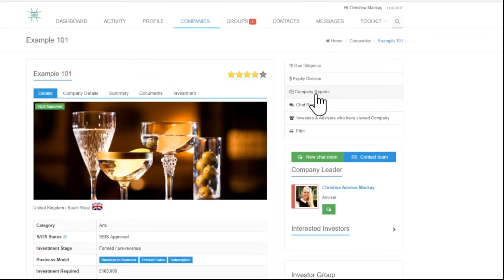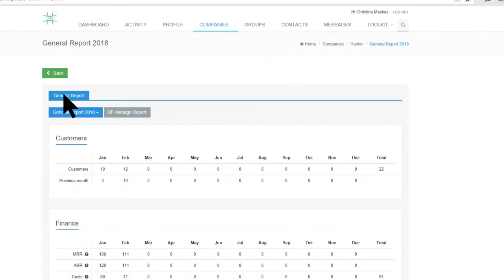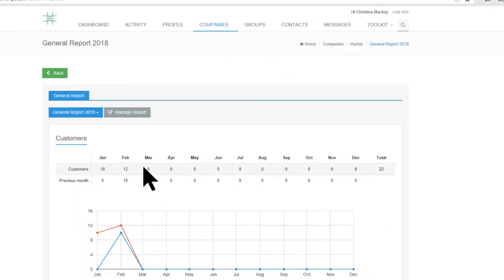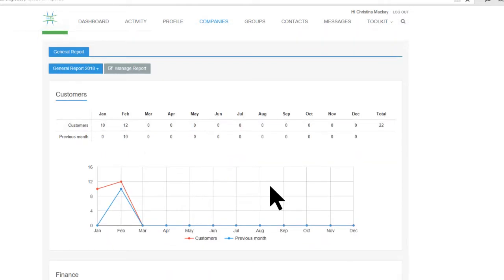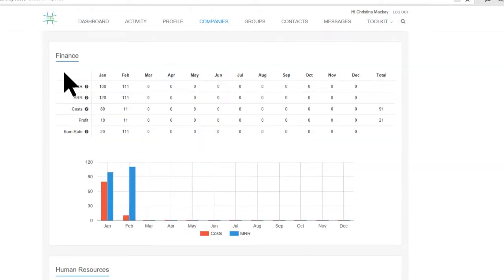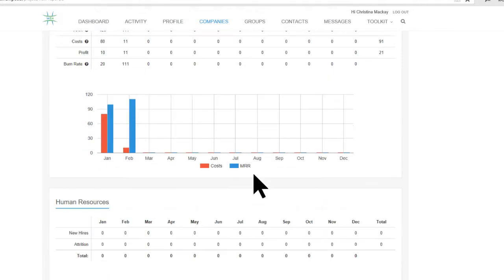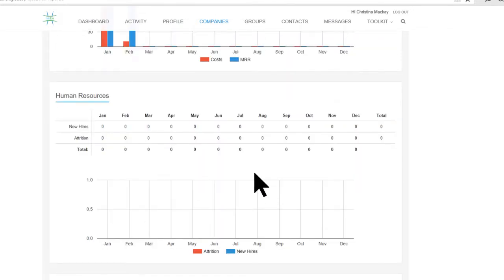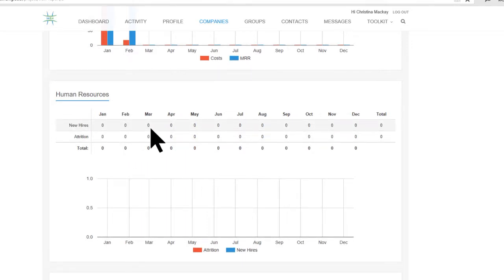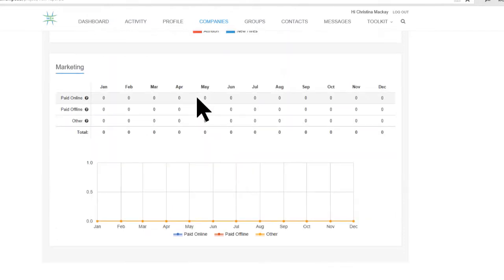Under this we have company reports. The reports allow you to see progress of the company, so we break it down by customers, so customer acquisition, finances, so there you're able to see the burn rate, the profit, etc. Then we have human resources, so attrition, so how many new hires they've had and how many people have left the company. And finally at the bottom there we have marketing, so paid marketing and non-paid marketing, so how the